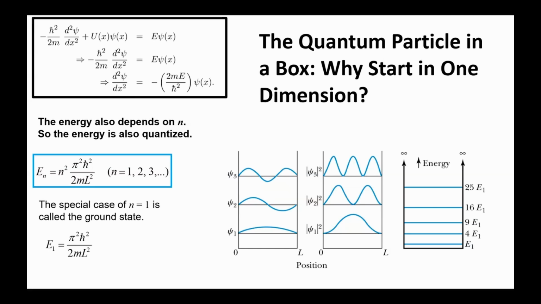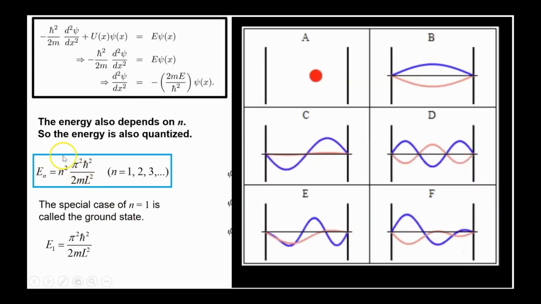The energies are quantized, meaning they can take on only specific values determined by an integer quantum number n. If you've taken quantum mechanics and solved the particle in a one-dimensional box, you know that these are the wave functions for the electrons. They go on to infinity, and there are these discrete wave functions, and each of them corresponds to one allowed energy level for the system, where n is the principal quantum number.